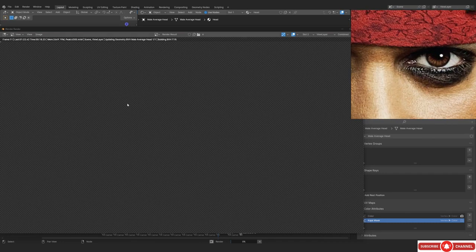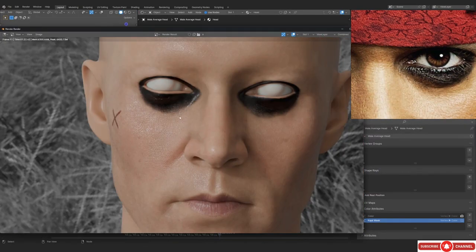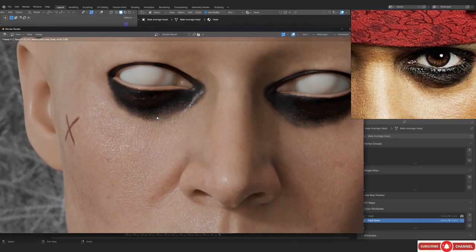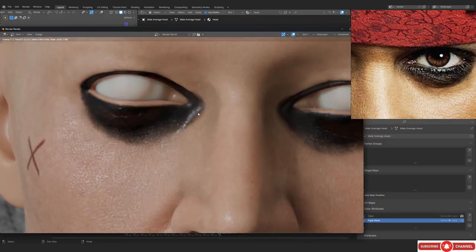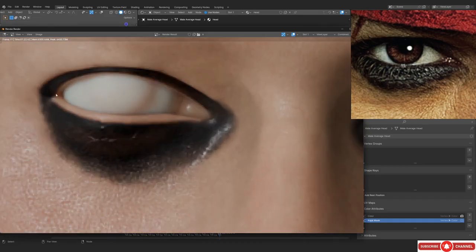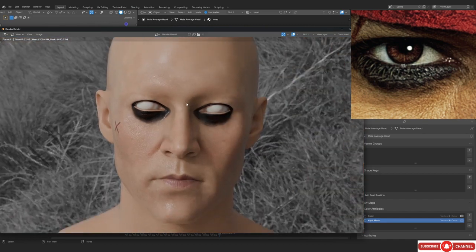All right, so now that we saw that I put the wrong color attribute in the subsurface scattering, you can see the whole face's subsurface scattering has been affected, I think. Yeah, right? You can see it's all right. I must have been so confused, like what's happening. It could have been a little bit better. But I'm talking about how we need to spread the black mask a little bit more, because this eyelid area which connects with the eyeball is a little bit too exposed and I don't really like it.